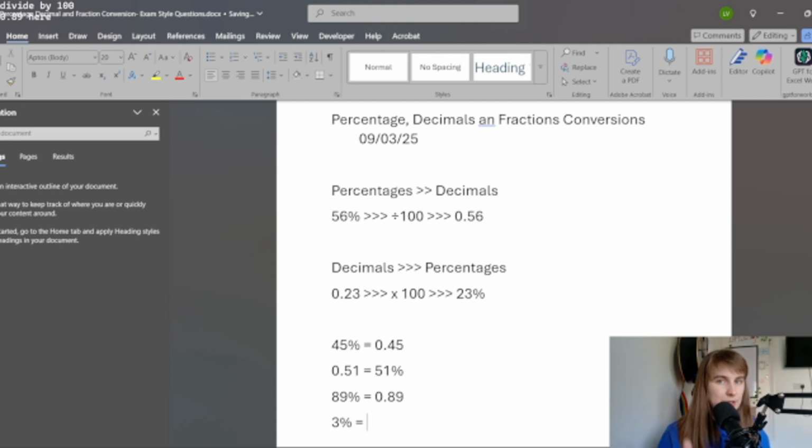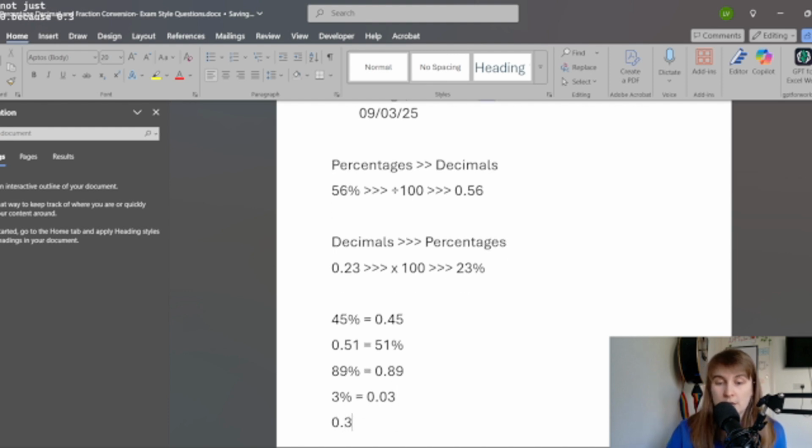Now here again, we've got percentages to decimals, so we're dividing by 100. What we don't want to write, though, is 0.3, because that's lazy. People will see these, and they automatically go, okay, so I just go 0 point and then the number. But you need to be thinking, if I divide it by 100, where is the place value going to be for that 3? So if I have the number 3 and I divide it by 100, my decimal point is after it. So divide it by 10, you get 0.3. Divide it by 10 again, you get 0.03. So any single percentage will always be 0.0, the digit, and not just 0 point. Because 0.3 is actually 30%, which is obviously a completely different percentage,